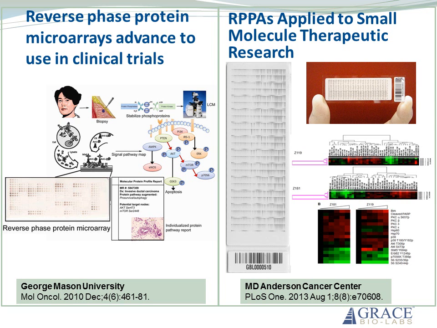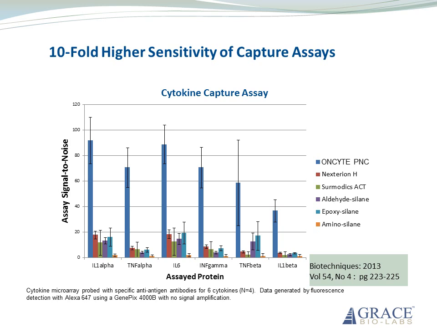This performance has made PNC films the surface of choice for RPPAs. Their use is growing rapidly in cancer research and drug discovery, and this technology has been validated for use in clinical trials. In addition to the high binding capacity, the ability of ONCYTE PNC to preserve antigenicity makes it ideal